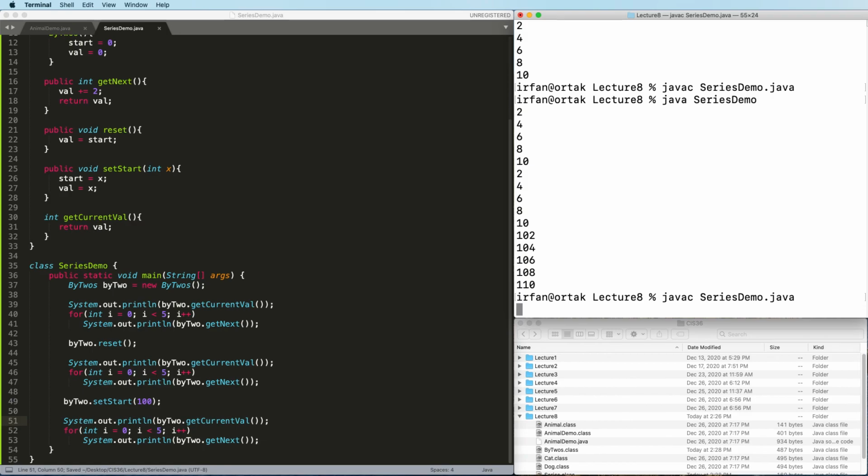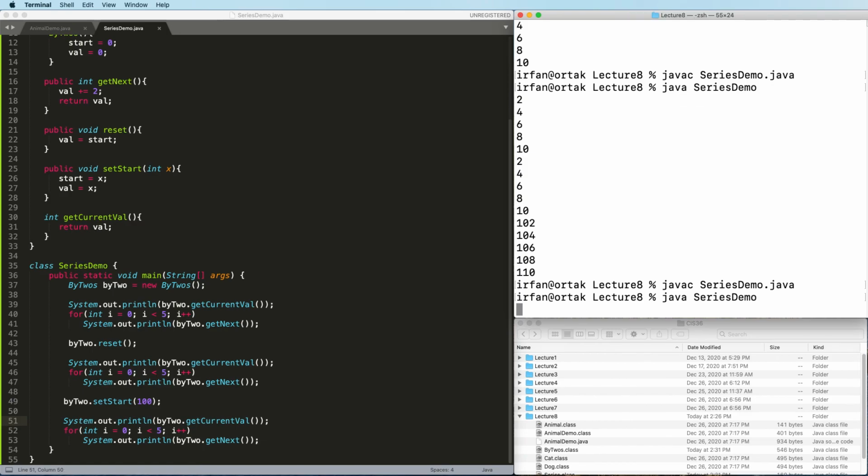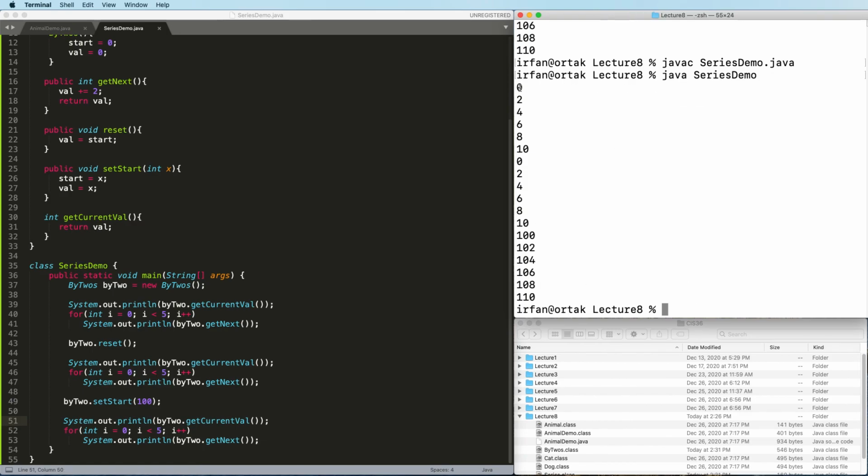So let's test this. Here we go. 0, 2, 4, 6, 8, and 10. One more time, and also we start from 100 and then 110. So this getCurrentVal will help us always read the current val without increasing